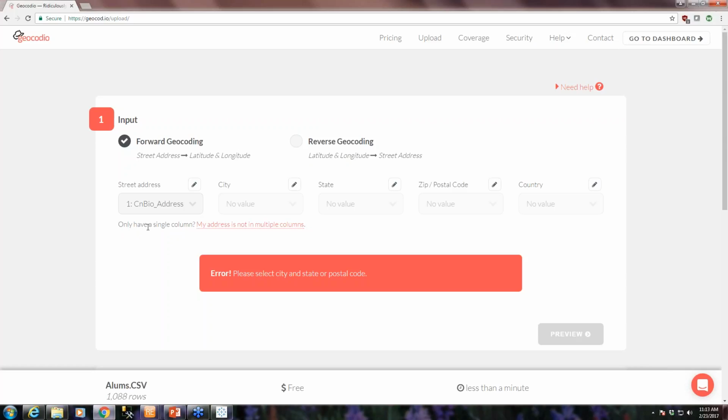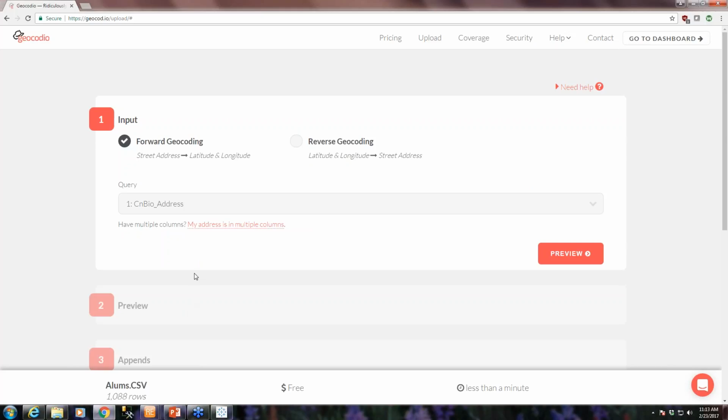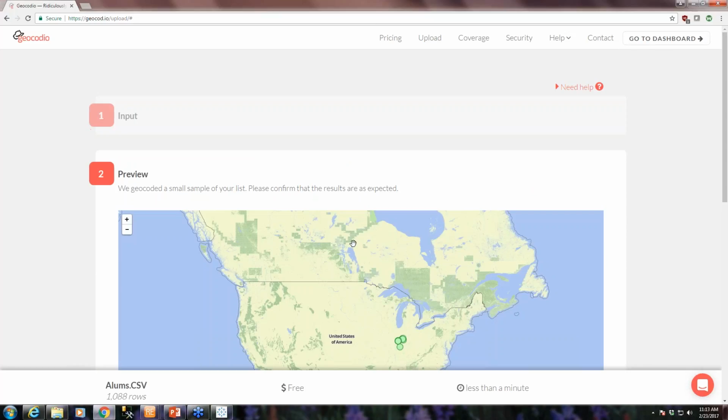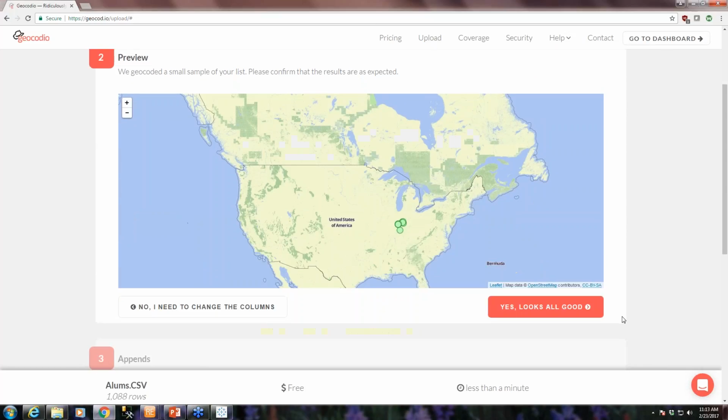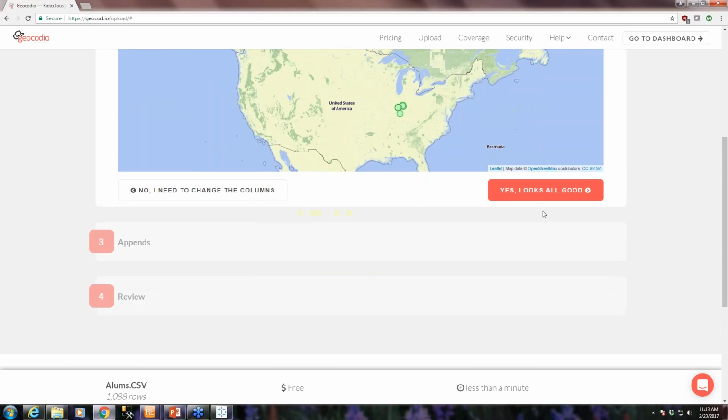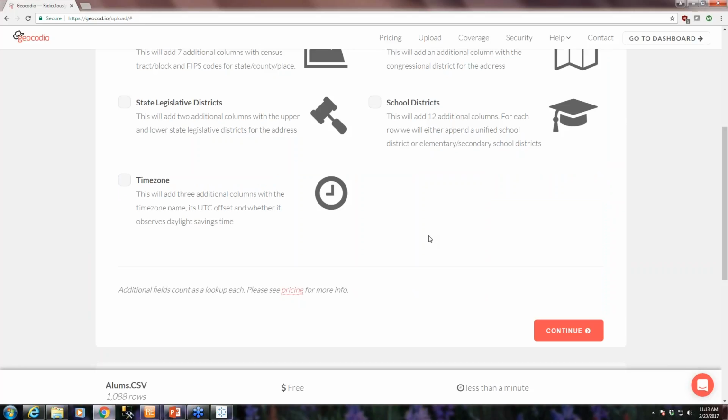But they have a little link here that says, only have a single column. My address is not in multiple columns. Boom, I just have that one address instead. So I can just click that, preview it, and yep, that's showing up in Indiana. Okay, so that looks good. So I'm just showing you that. I mean, I could have